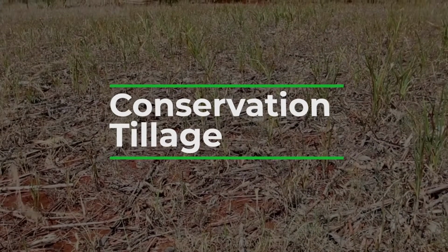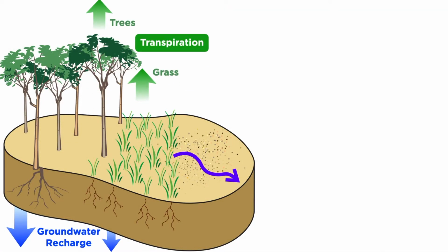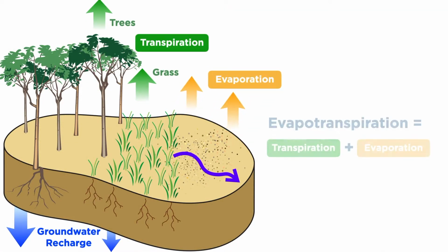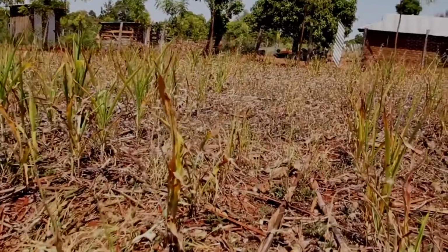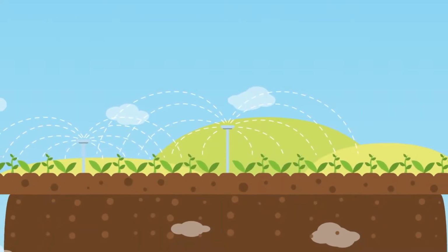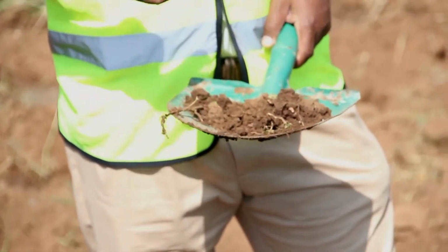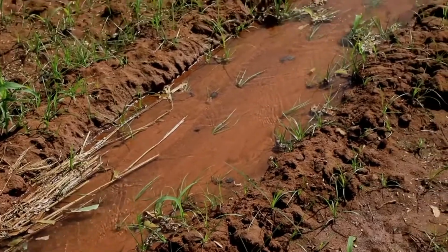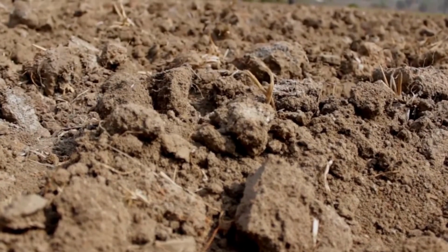Conservation tillage allows crop residue to be left on the soil to reduce evapotranspiration and protect the soil surface from wind, sun, and the impact of heavy rain. By adopting this method, the water footprint of the crops is reduced by increasing soil moisture and reducing runoff and water contamination. These systems can improve soil quality, reduce erosion and compaction, increase surface soil organic matter and carbon content,